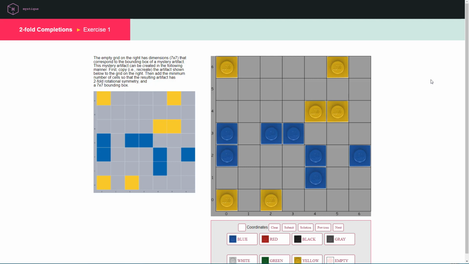So in this video, we're going to take a look at twofold completions. And in the interest of time, I have gone ahead and, before hitting the record button, recreated this seed artifact over here in the grid. And so now what we need to do is complete this artifact so that the resulting artifact has twofold rotational